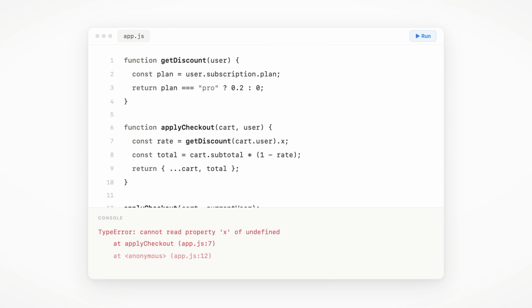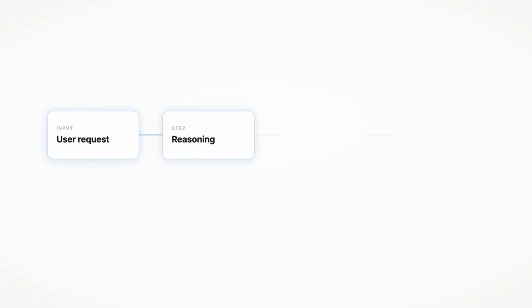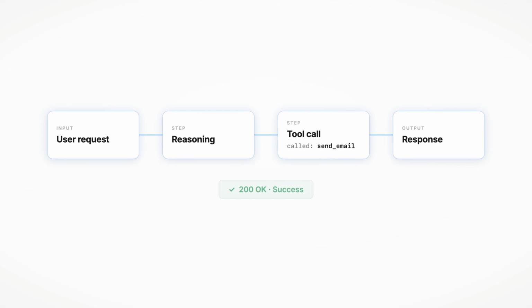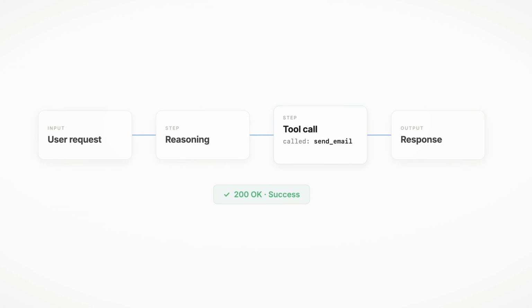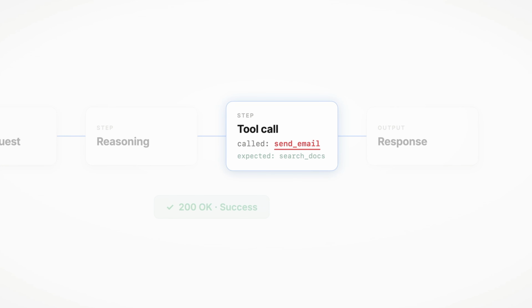And this one cost me the most time early on. When normal software breaks, you get a stack trace pointing to the exact line. With non-deterministic systems, like AI applications, it doesn't fail like that. Nothing really crashes, especially if you have an agent, it just will skip for some reason a tool that it was supposed to call, or it calls a tool that it wasn't supposed to call. Maybe it starts reasoning in some weird way and just goes off the rails. So you cannot get the exact stack trace to the exact line where the problem happened. Because when the output is bad, input and output alone won't tell you why.